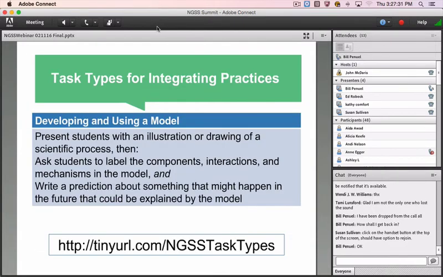The other thing we do then is, okay, I've got this, I want this item to be a developing and using models task. So one of the things that we've done is we follow a process called evidence-centered design in our research, and we've translated some of what we call design patterns in that work into a set of task types for various practices. We haven't built them all out, but we